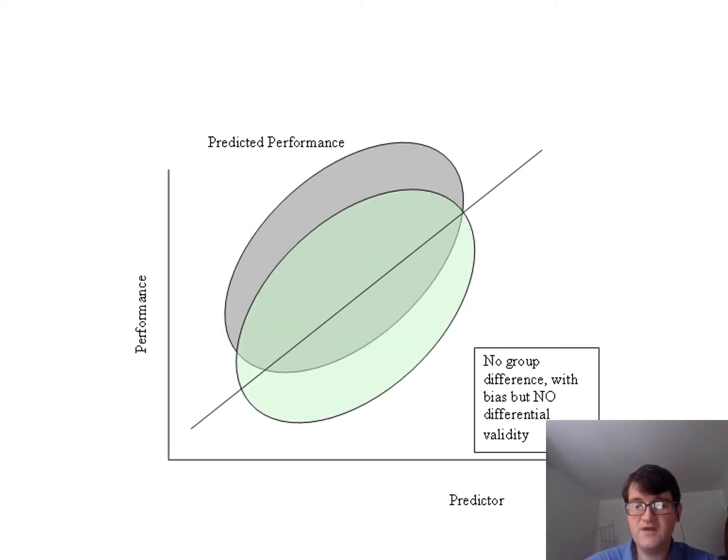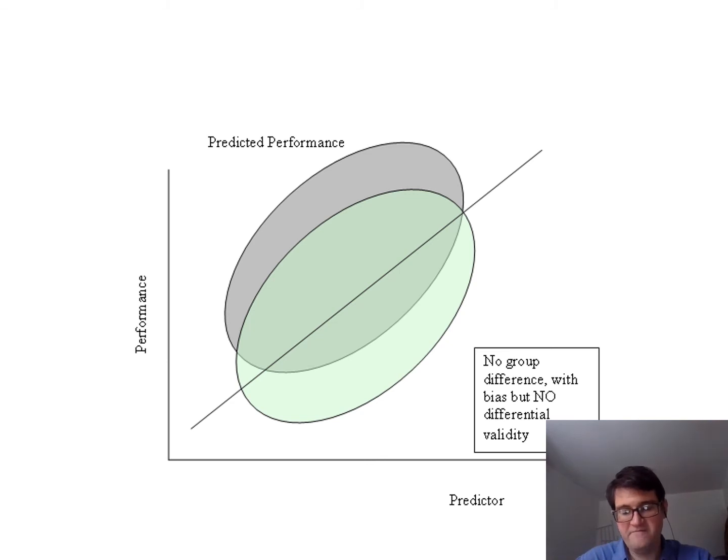My camera came back, and we can get more elaborate with this. Like I haven't shown everything that we could have. We could have mean differences with differential validity. We could have mean differences with differential validity and a difference in mean on performance, and therefore we would have mean differences, slope differences, and intercept differences. And that's the thing, if we want to be technical